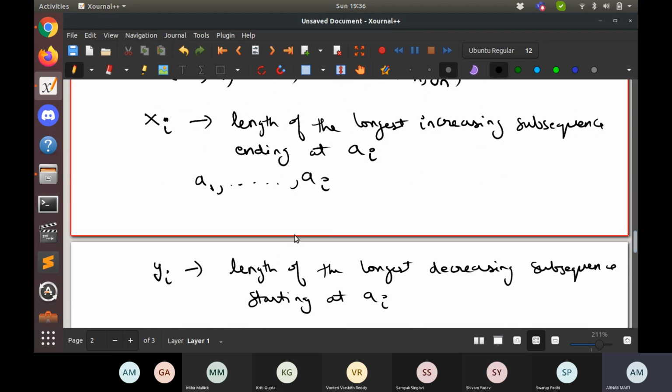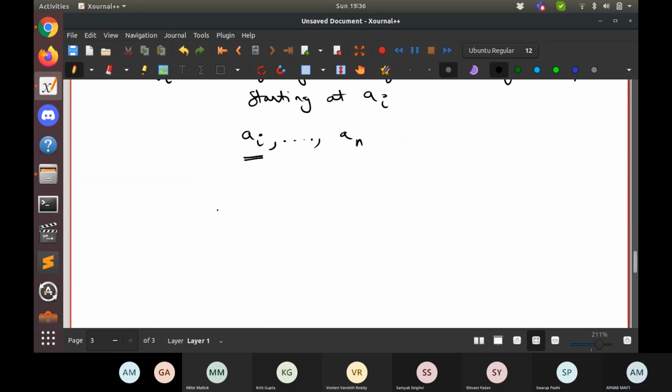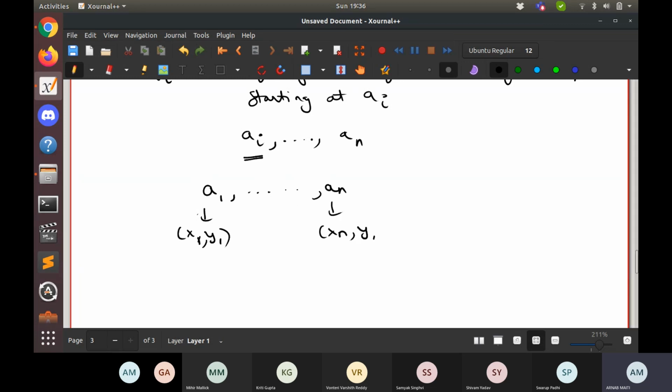These are the two numbers which we will be maintaining. So for this we have x1, y1, and then we continue and we have xn, yn.